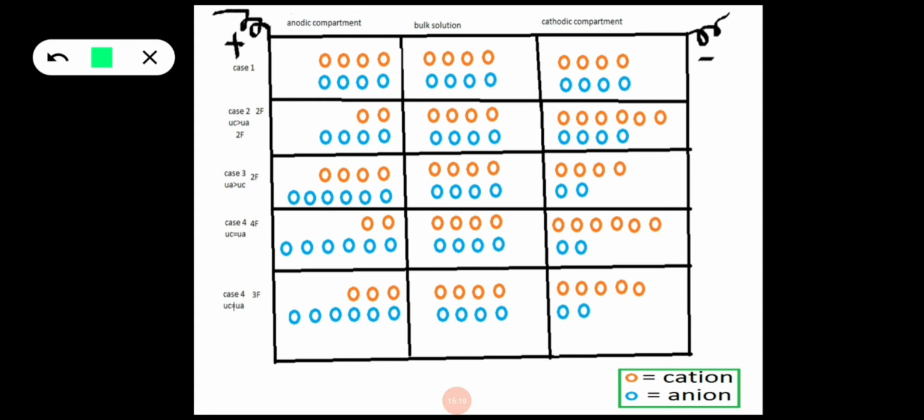Let us see what happens if the speed of cation and anion is the same in one case and if the speed is different in another. Let us suppose the speed of the cation is indicated by UC, speed is indicated by U. The speed of the cation is more than the speed of the anion. The cation is moving with more speed than the anion. Or let us take the speed of the cation as 2 moles moving in a given time, and no anions are moving. The anion speed is 0.